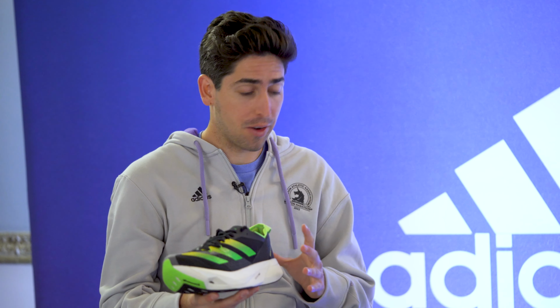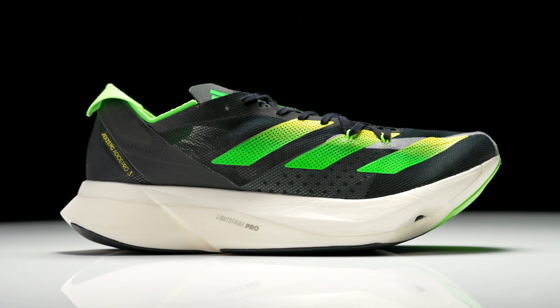Now, from a stack height perspective, you guys are basically right up there at that limit. Yep. In terms of underfoot cushioning, but does this have more Lightstrike Pro packed into it over that last version? So the stack height is exactly the same, but what we do with this shoe, we change the last,